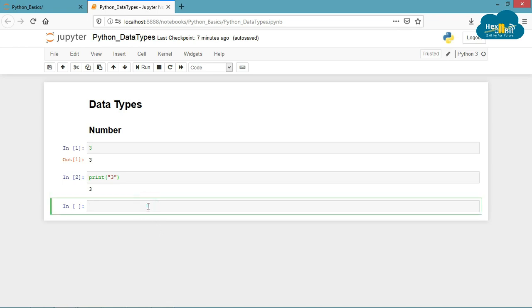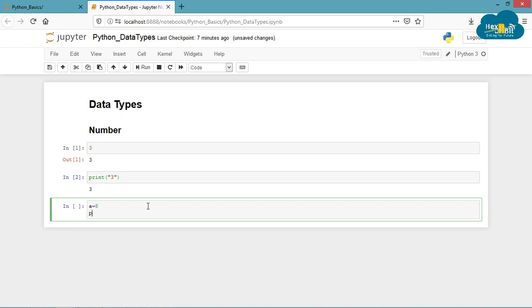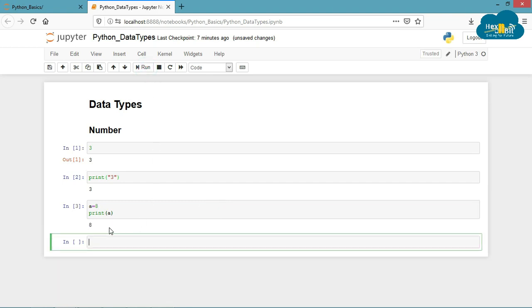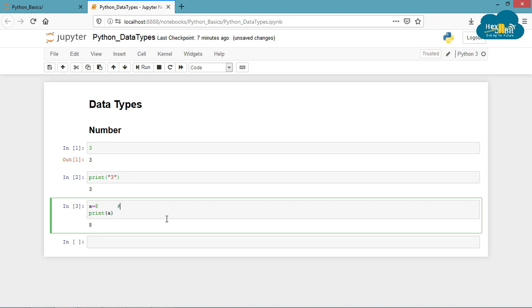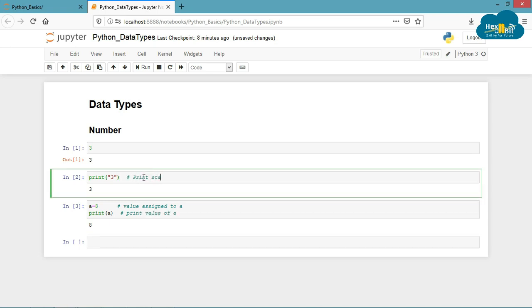Now let's make use of variables in order to store numbers. We'll do this in a new cell or a block. Again, let's start with an integer, say 8. So we can write a equals to 8, and in order to print it, we can write print a within brackets. Let's understand this cell. First, the statement a equal to 8. The variable a will get some space on our system memory, and this statement will assign the variable a with the value 8. Then the print statement will simply print the content of the variable a.